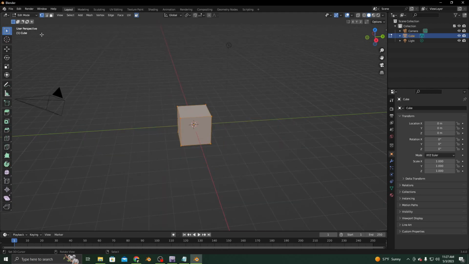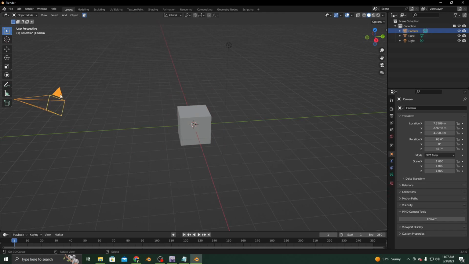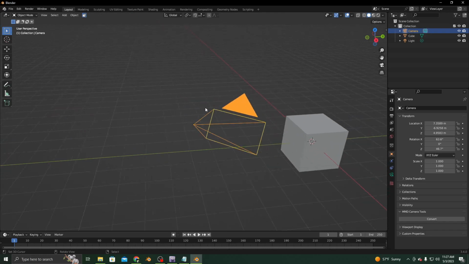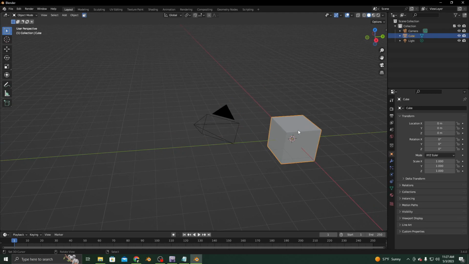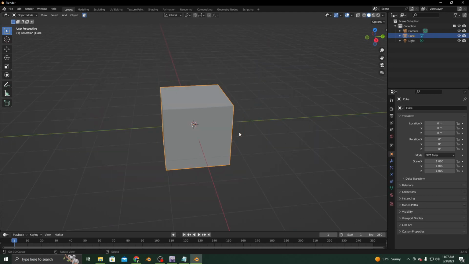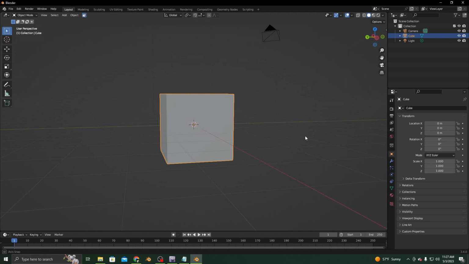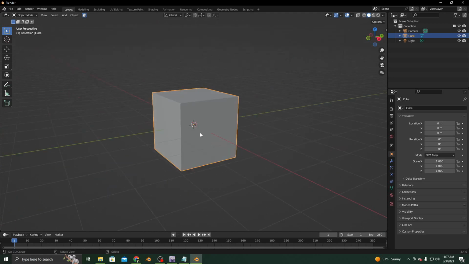So if you want to select the camera and press numpad period, it'll zoom in on the camera. If you want to go back to the cube, select the cube, press numpad period, and it'll focus on the cube. This will work for any object in any selection. So, like I said, we're going to go into edit mode,